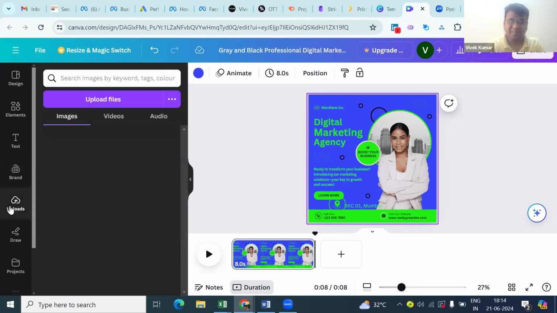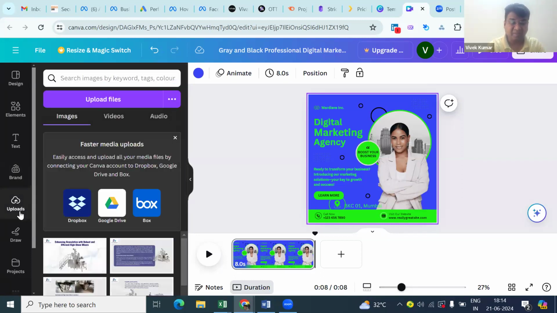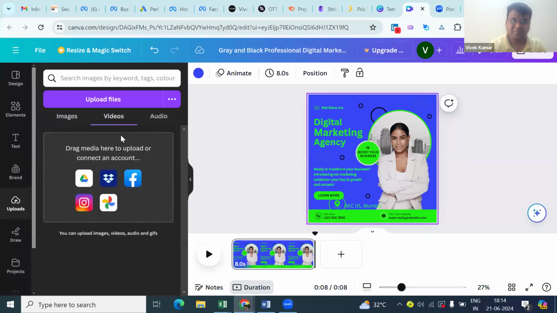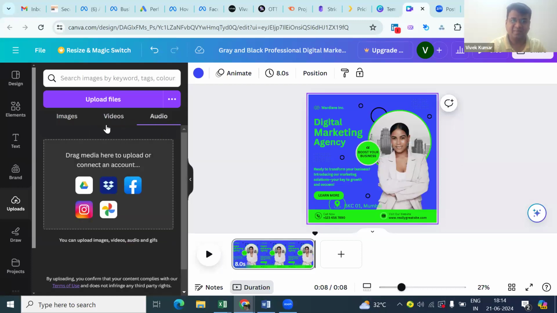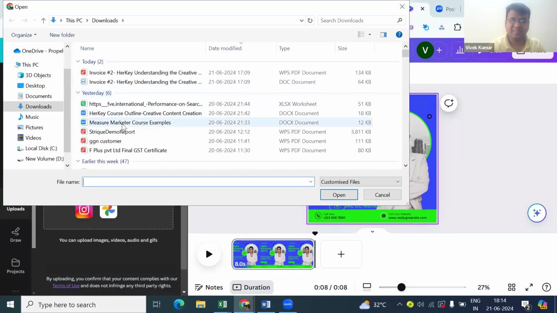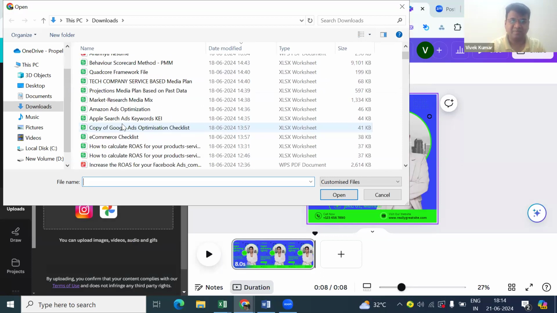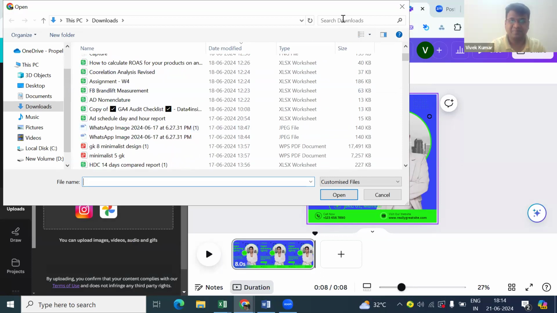Now, another very important thing, like you can always upload your images. Now, this could be your own images. It could be images which are being imported from some other places. For example, if you see there are options of Google Drive and Dropbox, etc., right? And if you want to use Canva images, you can do that. But if you want to upload your own files, you can also do that. So you can click on upload files, and then you can upload any file from here, like